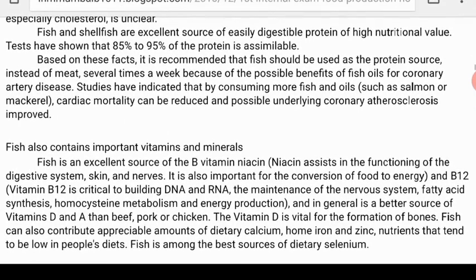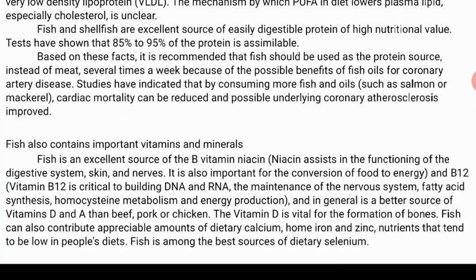Fish is an excellent source of vitamin B, niacin. Niacin assists in the functioning of the digestive system, skin and nerves. It is also important for the conversion of food to energy. And vitamin B12. Vitamin B12 is critical to building DNA and RNA, the maintenance of the nervous system, fatty acid